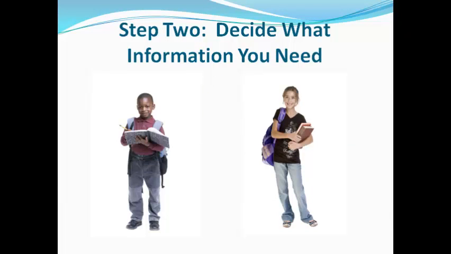Step 2. Decide what information you need on the topic. During this step, you need to determine what you already know about the topic. When you compile what you know, then you can determine what you don't know. This leads you to the information you still need to gather on the topic. In your classroom, you have been given a topic you do not know anything about. Therefore, you will research for all material that answers the research topic your teacher assigned you. Again, you need to know why the honeybee is disappearing, what it impacts, and what can be done to save